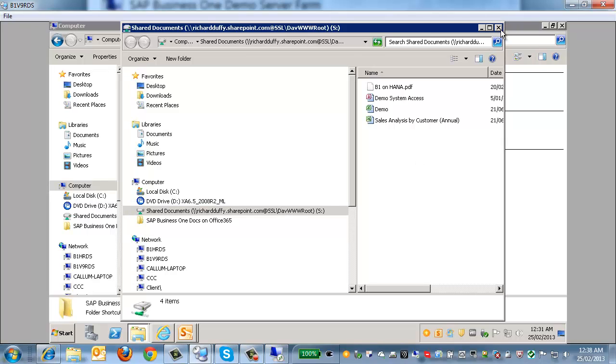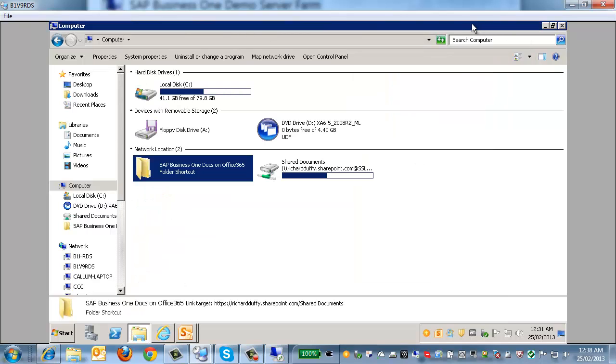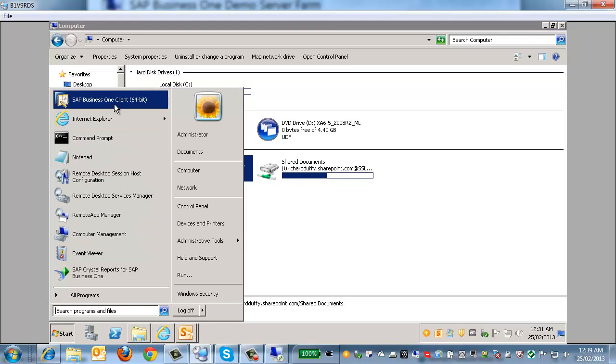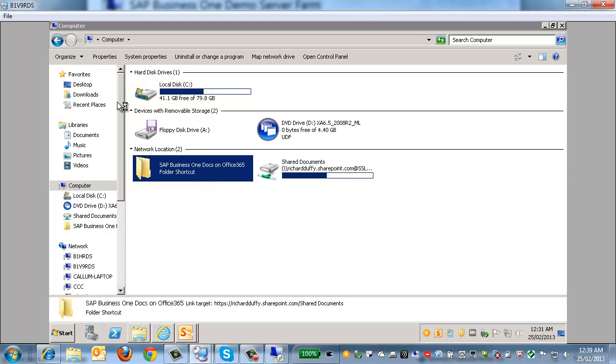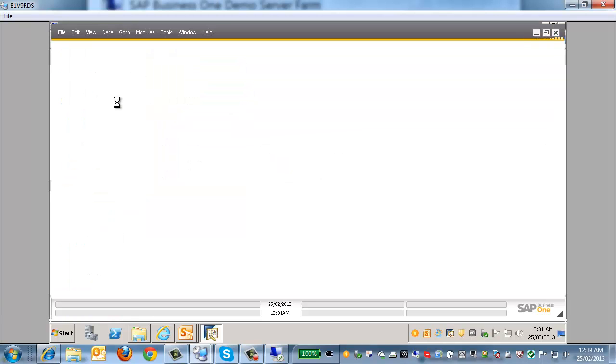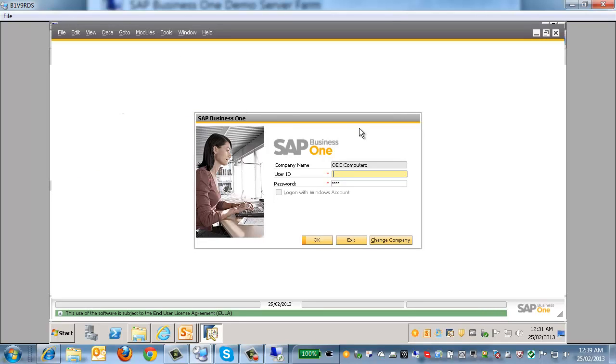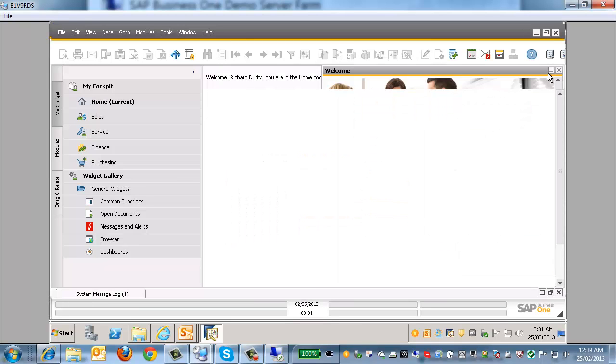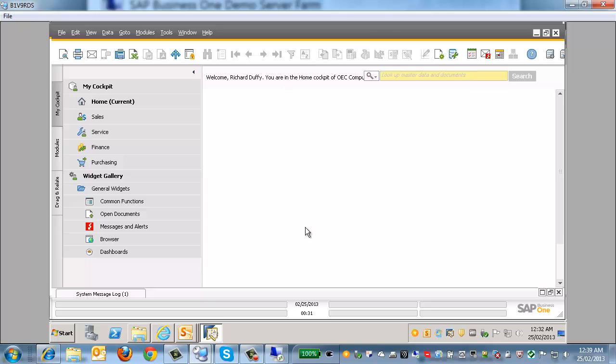Okay. Our next step is to go into SAP Business One and point our shared folder to that location. So let's just start up SAP Business One. And as I said, I'm using version 9. I'm using the 64-bit client. So we'll just start that up. And again, remember, it doesn't matter if you're using this in the cloud or you're using it on a local PC, exactly the same process. So I'm going to log in. Alright, so now you can see I'm in SAP Business One version 9, and this is what we call our